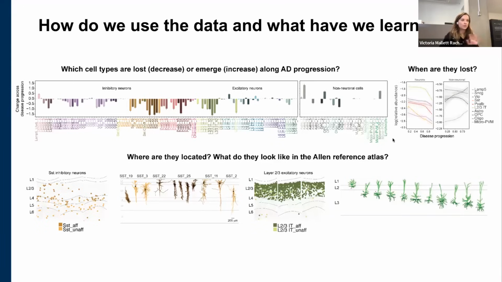And so the final step here, the coolest part, and I guess the smallest plot, apologies, is to understand, okay, we now know what is lost, but when. And that's where the pseudoprogression score comes in. And basically this is the zero, the lowest pseudoprogression. So this would be a brain without any pathology or disease,